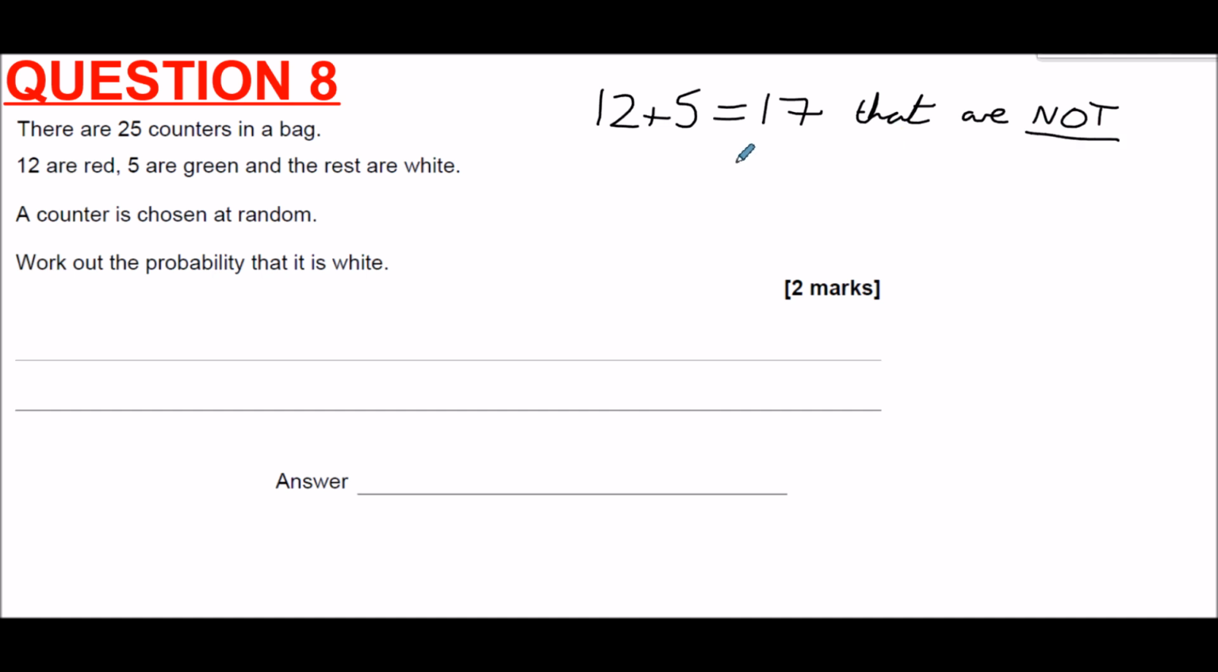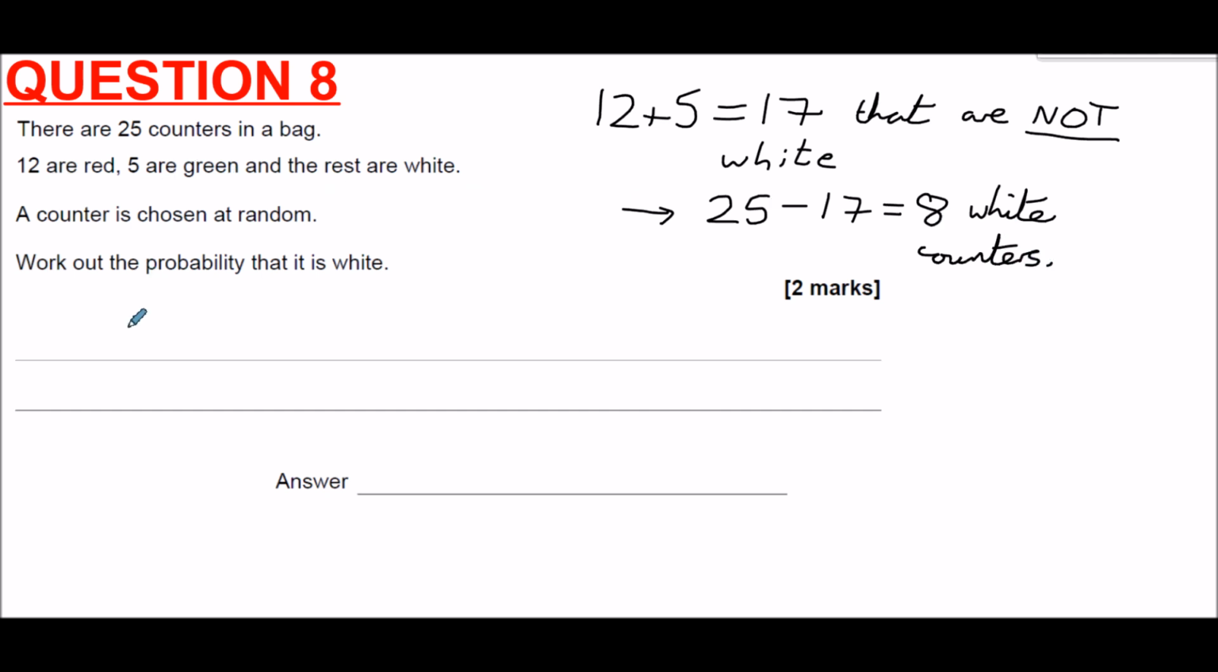We've got 17 counters that aren't white. If they're not white, they're red and green. So the rest of them, as it says, must be white. And so 25 take away 17 means we've got 8 white counters. So we've got 8 white counters